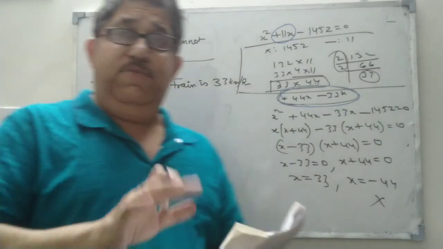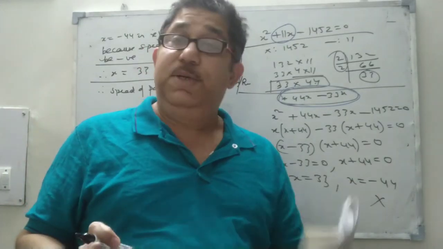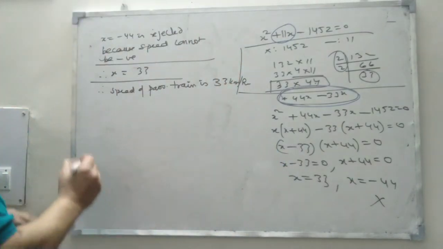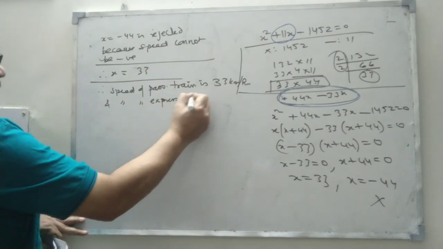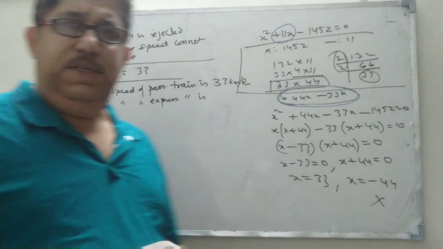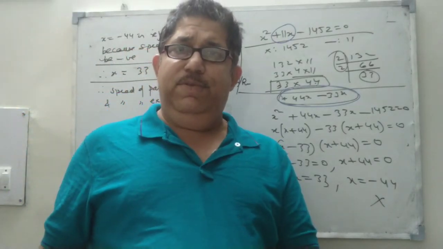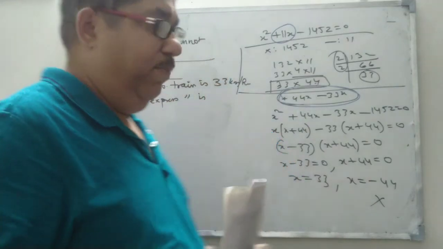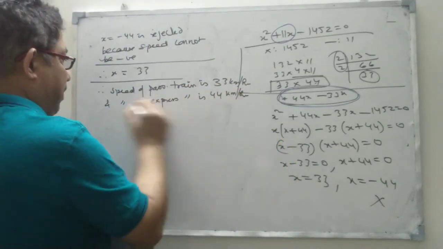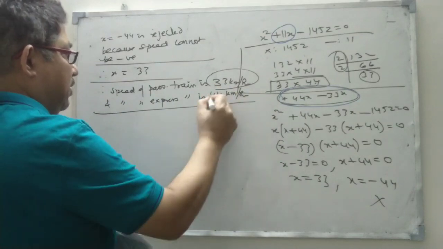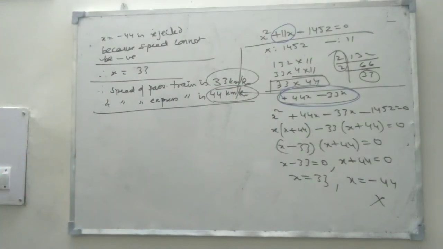Now in the question he said find the speeds of both the trains. So that is not enough. You also need to find the speed of the express train. What was the speed of the express train? x plus 11. 33 plus 11, what is 33 plus 11? 33 plus 11 is 44. So the speed of the express train is 44 kilometer per hour. So we get the speeds of the two trains. What are the speeds of the two trains? Speeds of the two trains are 33 kilometer per hour and